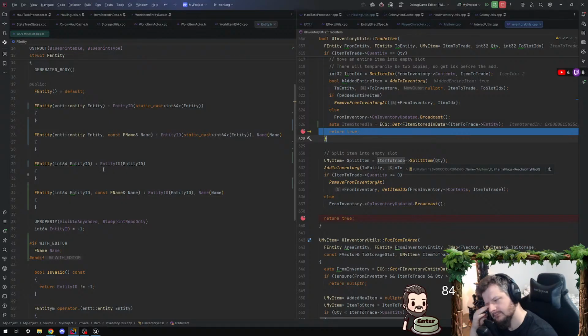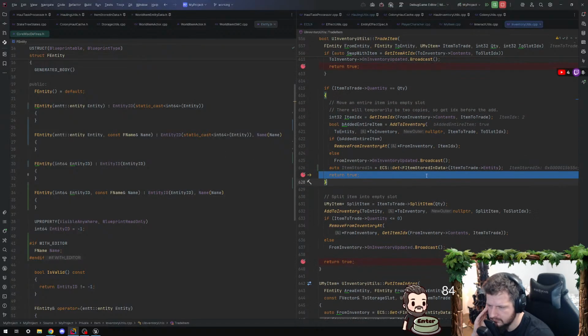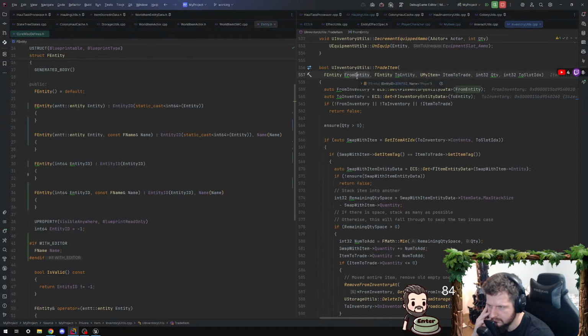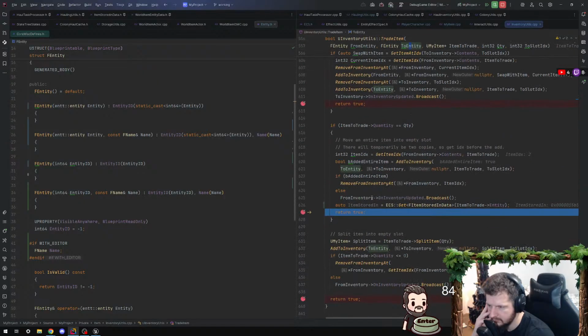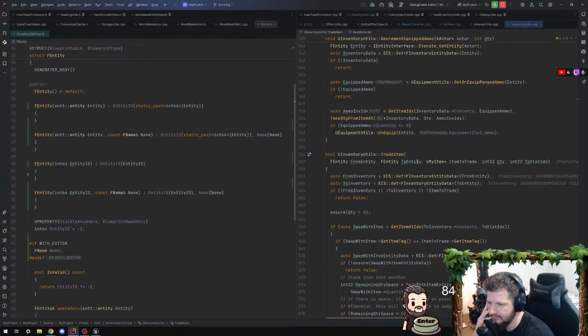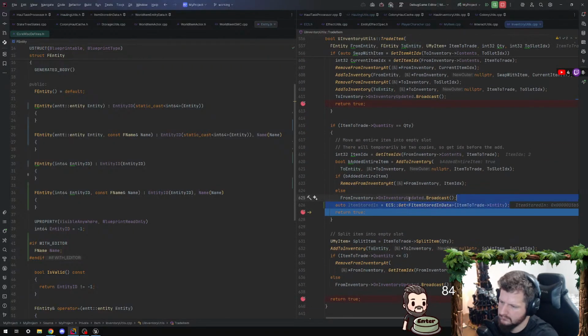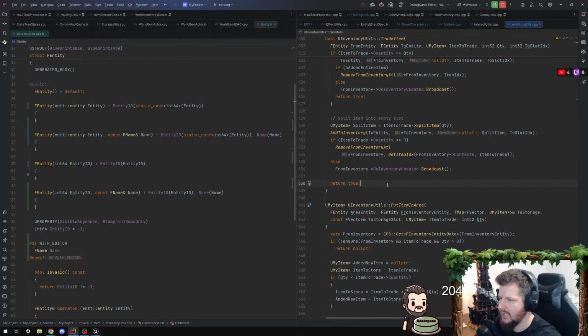Actually, is that how that is working? It is the right one, though. I can see that it's the right entity. Okay, so the item stored in is, at least from that perspective,